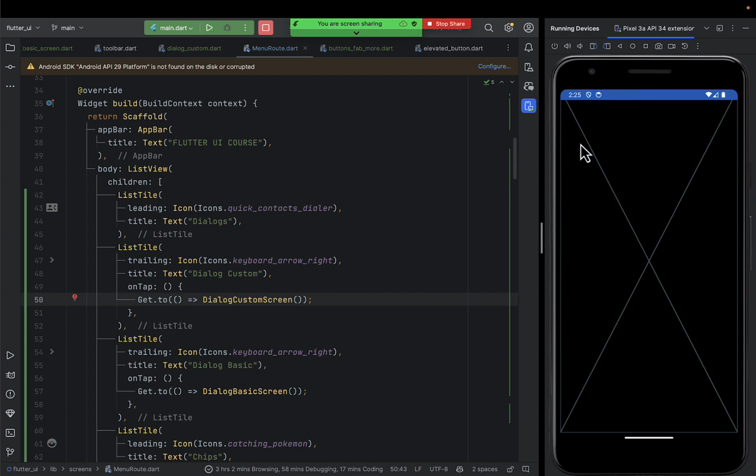It just has a placeholder, and this is the place where we're going to implement our